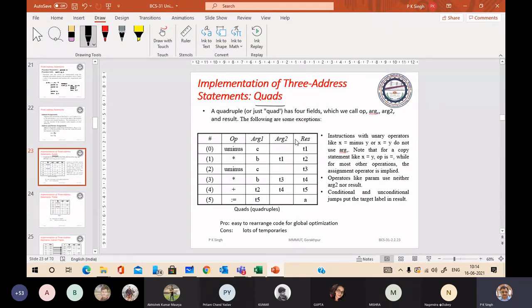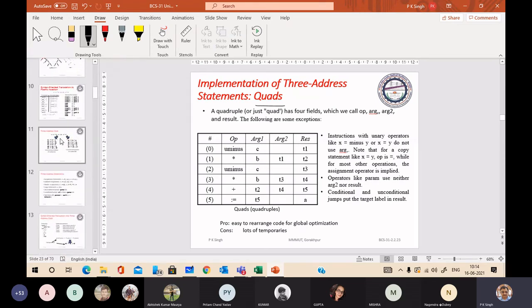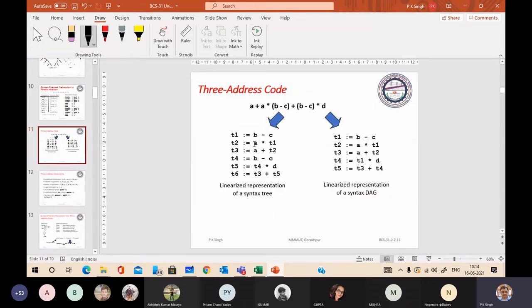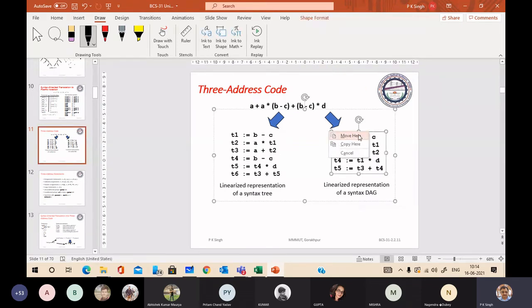A quadruple has four fields: one is operator, then two arguments, and finally the result.